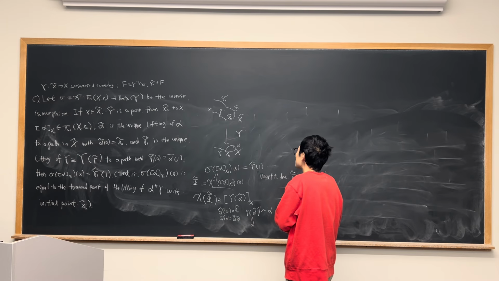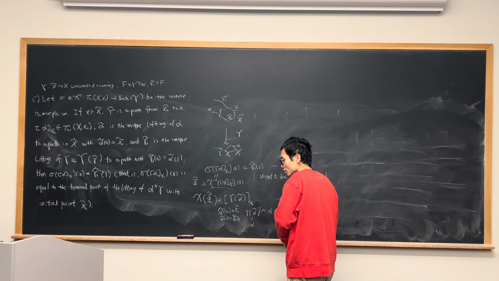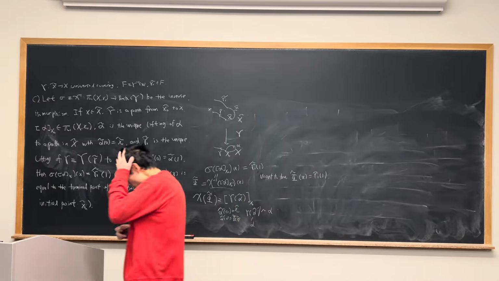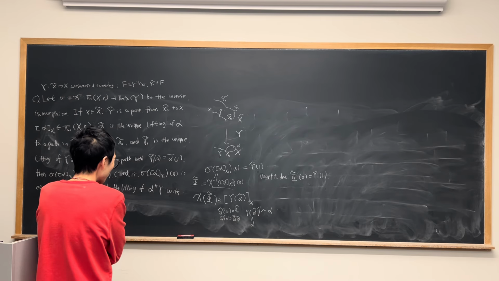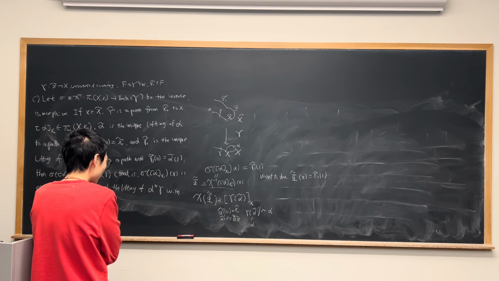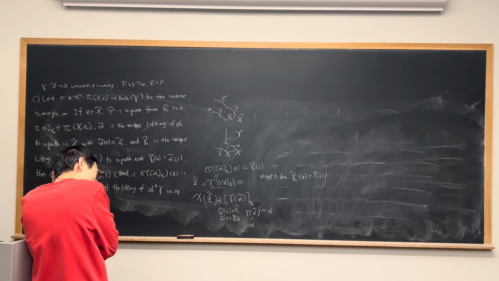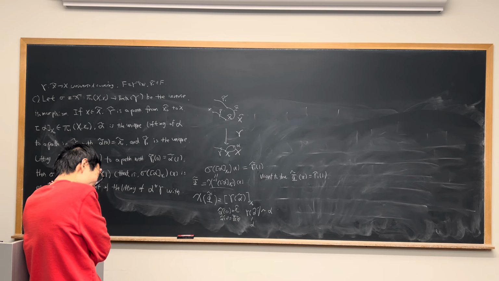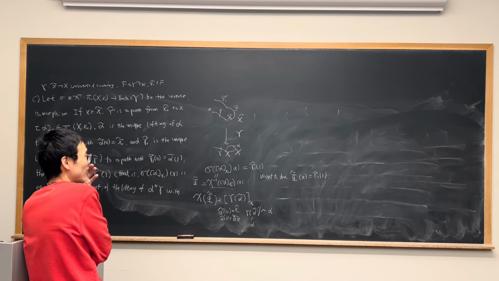Can you say that upstairs are also homotopic? I think so, right? Because if you have two curves being homotopic in the base space, then they share the same